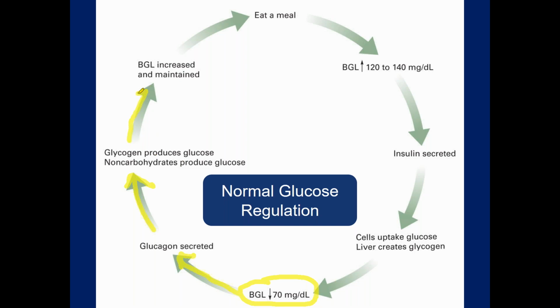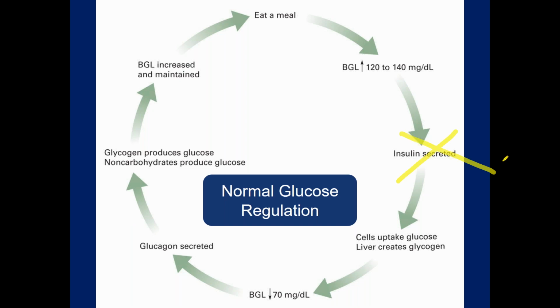Your blood glucose will go up for a period of time, and then soon enough, it's time to feed the machine again, and you'll eat a meal. And this is exactly how it works on someone who is able to control their sugar physiologically. Their body just does the things that it's supposed to. Your diabetic patient,